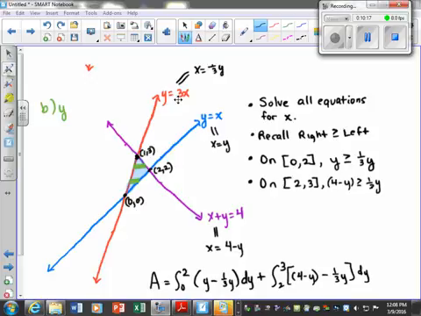Okay, remember we've solved everything for x equals, x equals, x equals. For this rectangle, if I drew a dashed line from here and colored it a different region, the right is blue and the left is red. So from 0 to 2, because that's the y value, the right is blue, so I need to say blue minus red. Blue is y, minus red, which is 1/3 y right here. Okay, good. So then from this point up, the right side is purple and the left side is red. So I need to do purple minus red, and that's from 2 to 3, because remember we're working with the y values there. So from 2 to 3, it's purple minus the